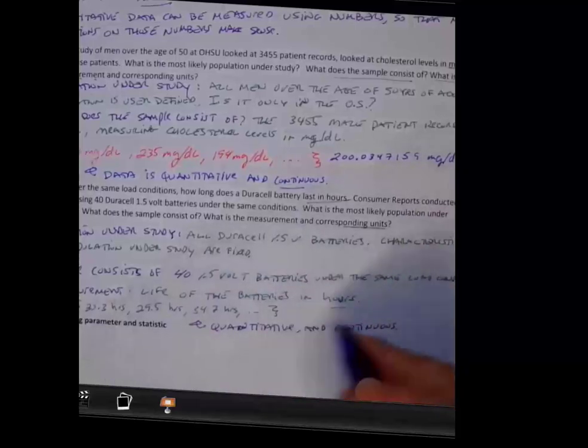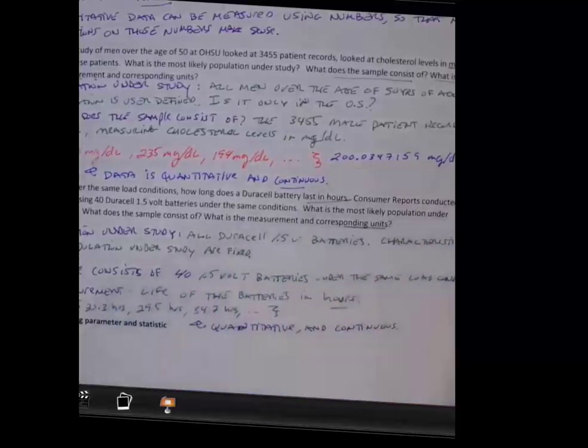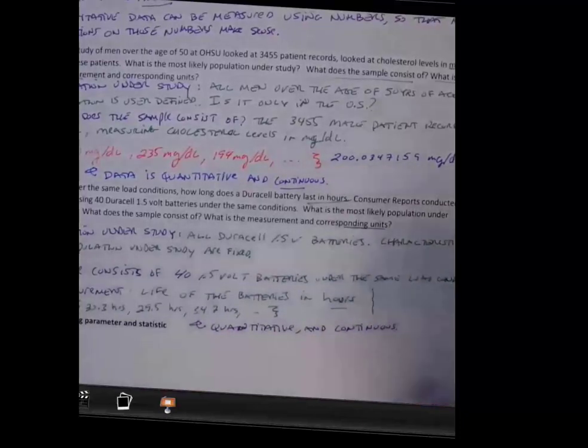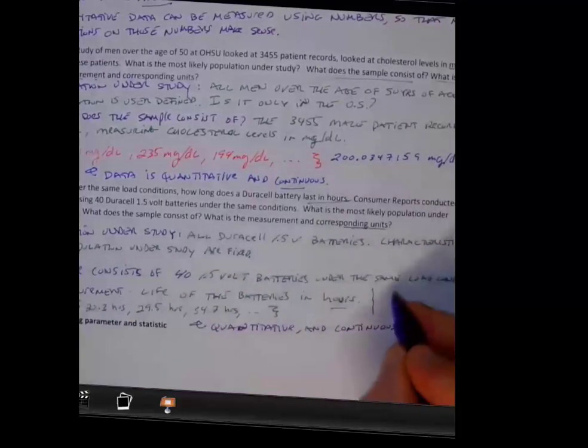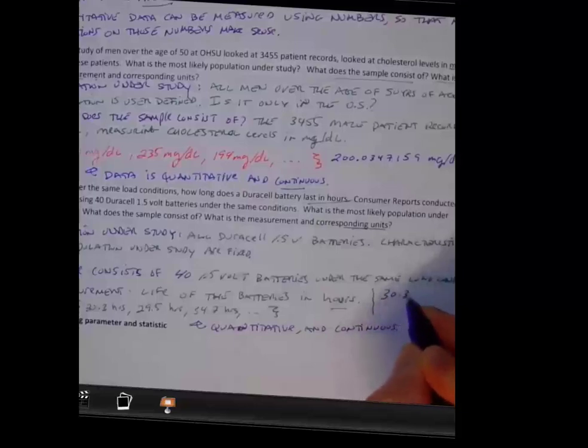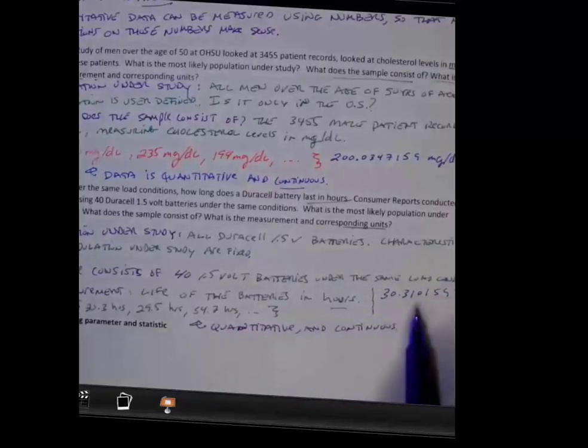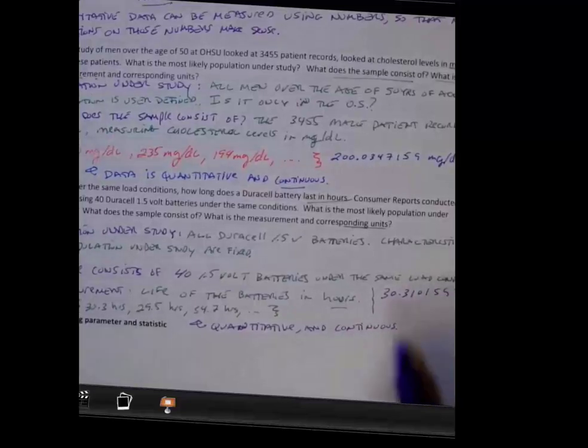If you were going to take one of these batteries, we can only measure maybe to the tenth of an hour. Actually, I can do more with our technology. But for example, maybe the one that lasted 30.3 hours, in reality was 30.3101597 hours. It's continuous in that this number can really, in reality, take on any measurement,